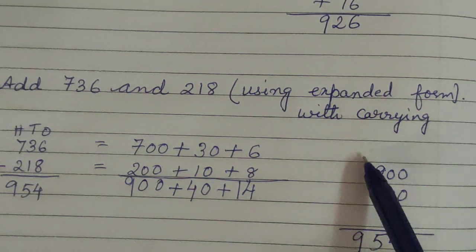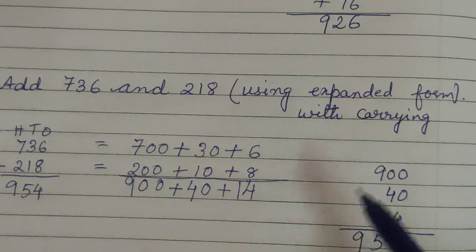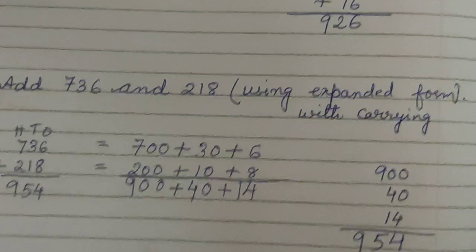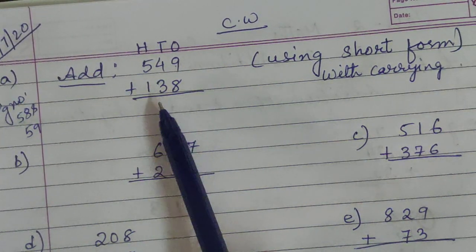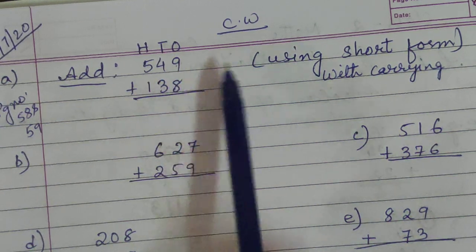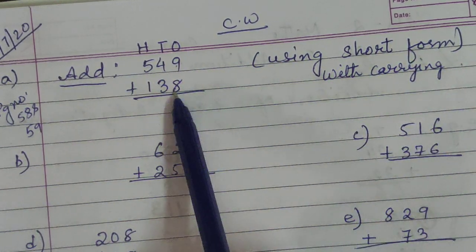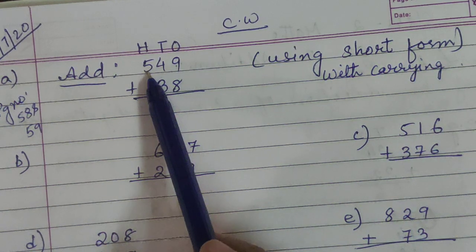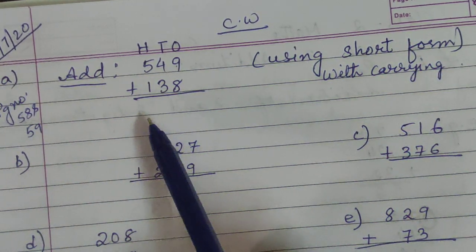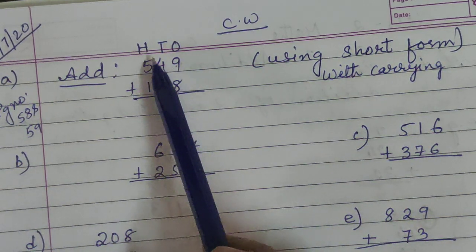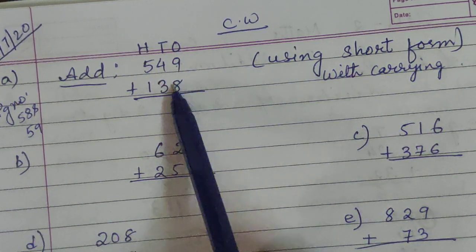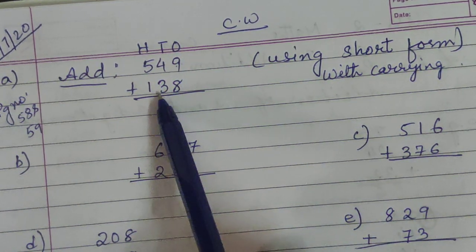Okay, children. Now we will do simple direct addition, children. Let's come to the addition. So children, simple addition now. Simple addition how? No expanded form, in short form only with carrying. See that here it is written first one. Page number 58 and 59 related questions only these are. Okay. So hundreds, tens, ones you have to write before you do the addition. It will be clear and easy for you to do.